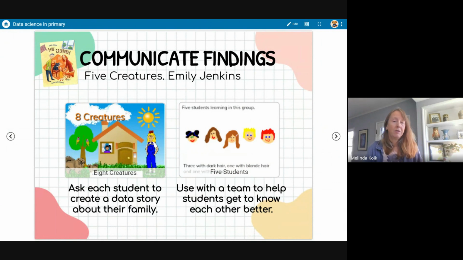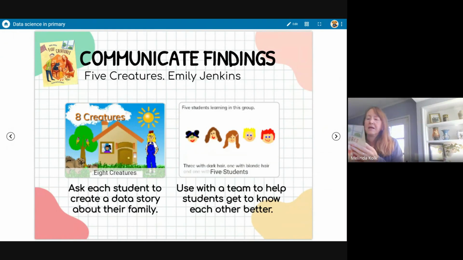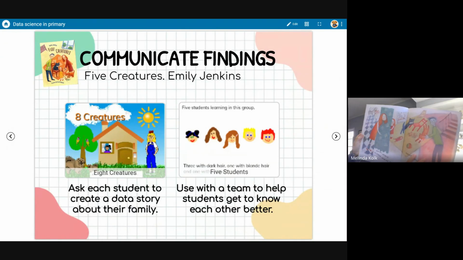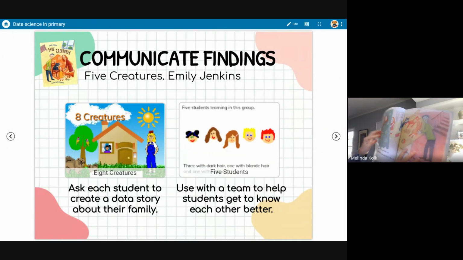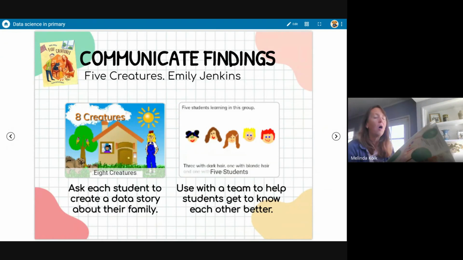And I apologize to anyone who went to the data storytelling one, because I brought up this book in it, and that is Five Creatures by Emily Jenkins. And so you can kind of see the five creatures in here. There's a family, a mom, a dad, a little girl, and two cats. And so if we read the story, she tells me data about each of those things and gets the whole group here. So I don't know if you can see that. In my family, there are 3 short and 2 tall, 4 grown-ups, 1 child. That's me. 3 with orange hair, 2 with gray, 2 with long hair, and 3 with short. So again, all the different ways that we can add up to 5.